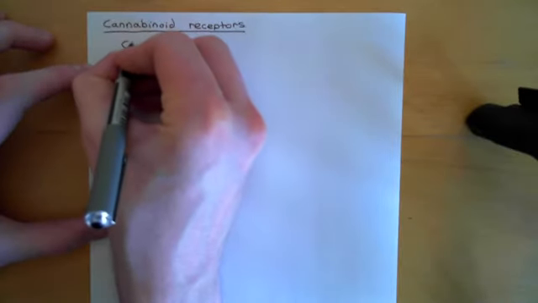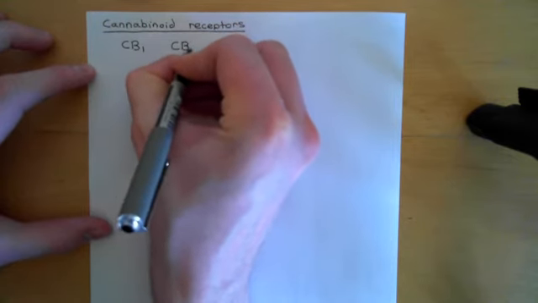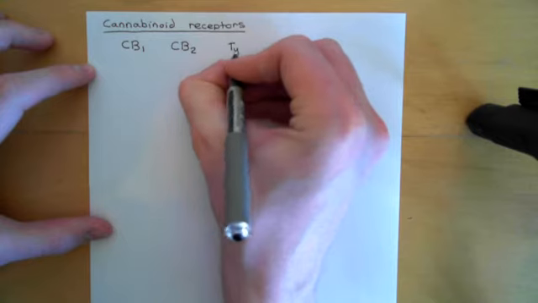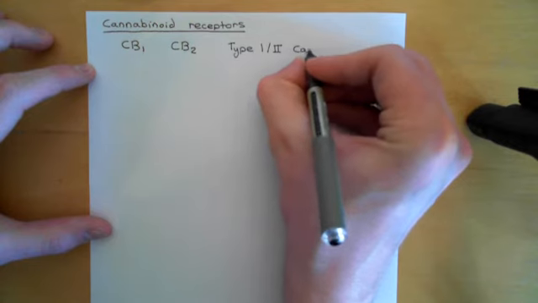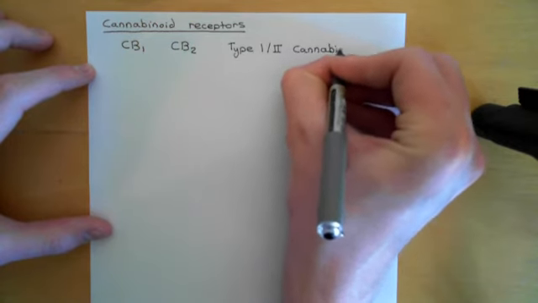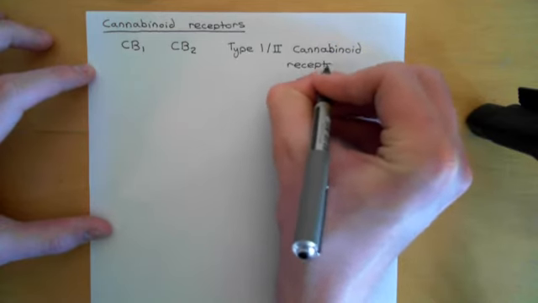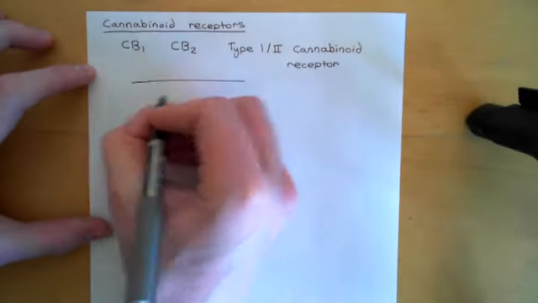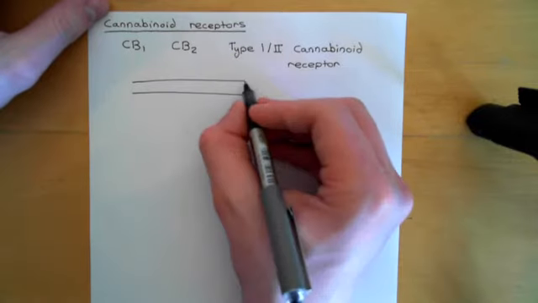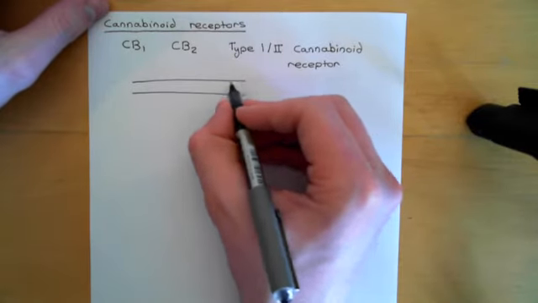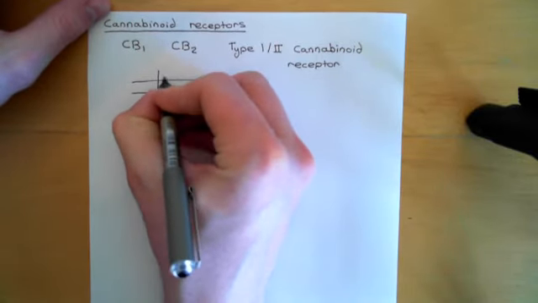There is the type 1 cannabinoid receptor, which is abbreviated as CB1, and then there is the type 2 cannabinoid receptor, CB2. These are read as type 1 or 2 cannabinoid receptors, and that's what the CB stands for, cannabinoid. Now, both of these receptors are G-protein coupled receptors, so they have the characteristic structure of 7 membrane-spanning alpha helices. If these two parallel lines represent the inner leaflet and the outer leaflet of the phospholipid bilayer of the cell membrane, then the G-protein coupled receptor structure looks like so.